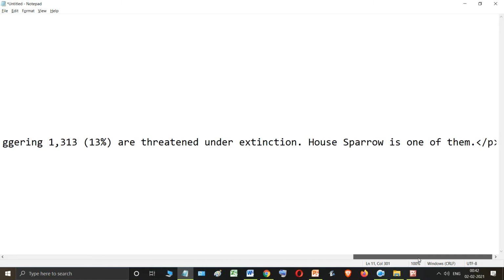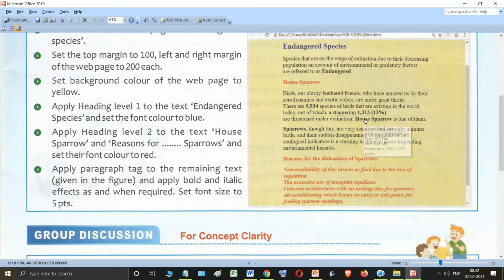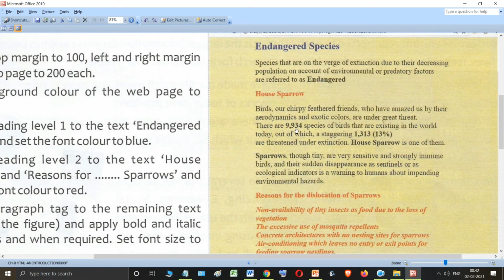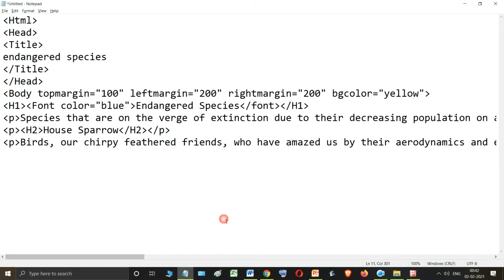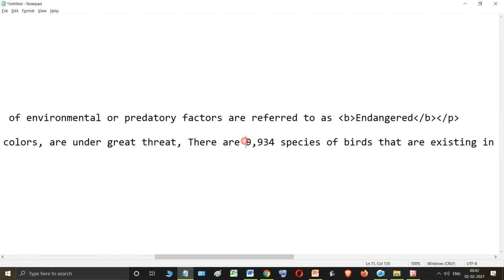Now see students, whichever text is bold, we need to make it bold over here. As you can see, this 9934 is bold, so we need to make it bold using the b tag. So find wherever 9934 is written, it's written over here, so make it bold. Then again close the bold tag.